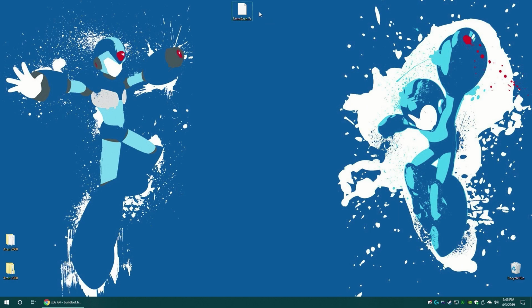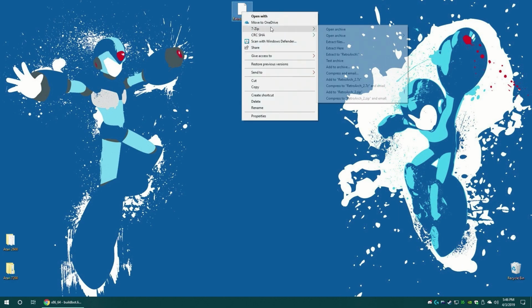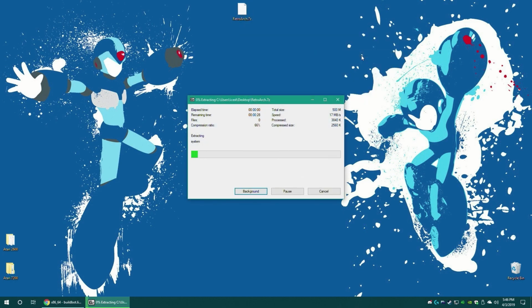Once Retroarch has finished downloading, you're going to need to get it extracted. So just go ahead, right click on it, 7zip, extract to Retroarch. That's how I like to do it. And you're going to want to make sure that this folder is placed where you want to keep it after it's done extracting,